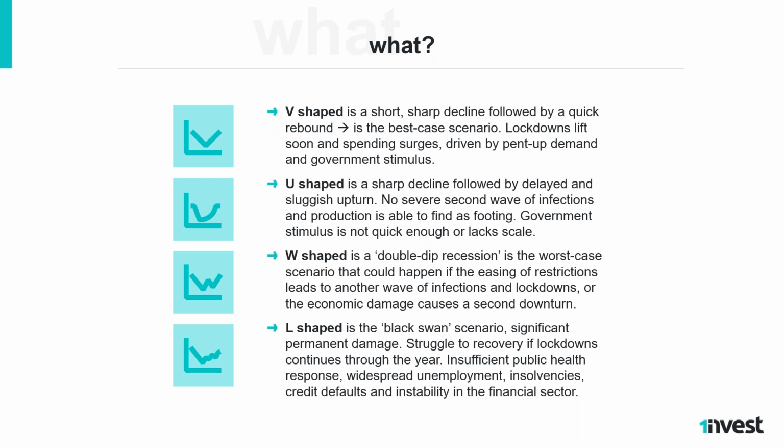recovery. So a V-shaped recovery is where the economy has had a very sharp decline, but government and reserve banks have stepped in with massive stimulus programs. And these stimulus programs are of enough scale to spruce up the economy as sharply as it has fallen. This is all under the assumption that COVID virus infections do not kick back in. We've got it all under control, and we see this very sharp rebound due to all this pent-up demand in